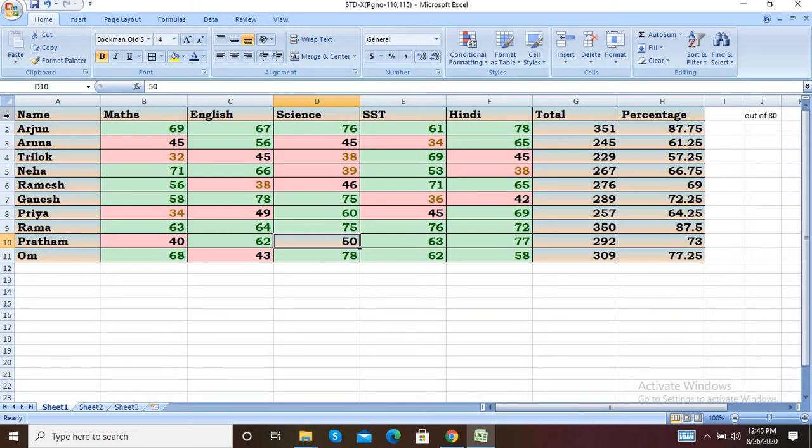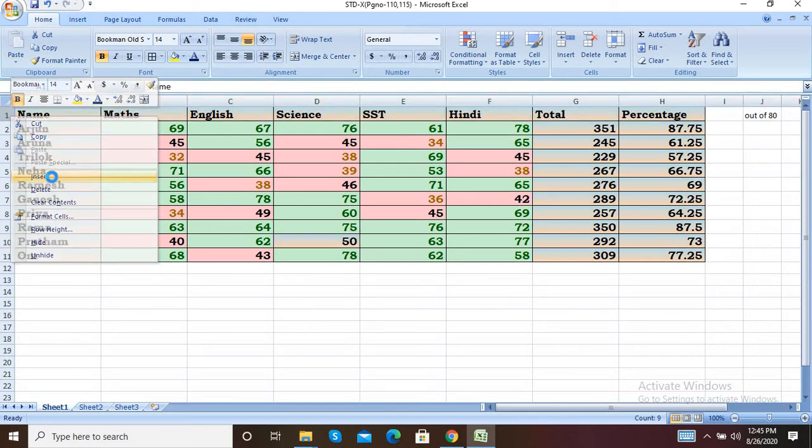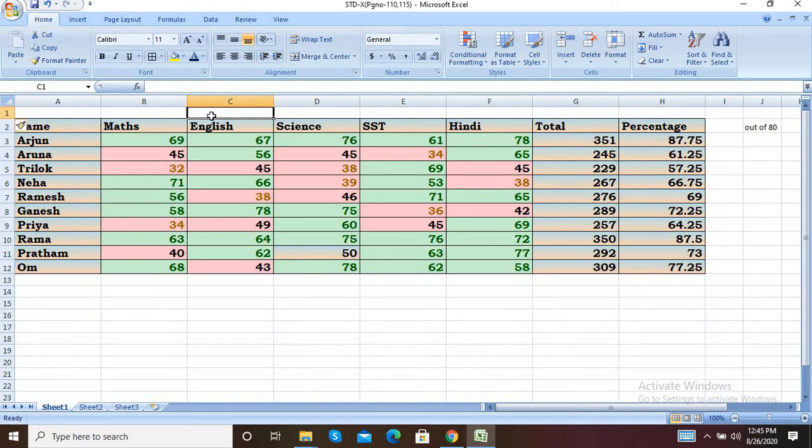Okay, next thing, I'm inserting one row here for the mark sheet title. After that I am merging with the help of merge and center, and next, with the help of format painter, I am giving the same formatting as the others to the mark sheet.